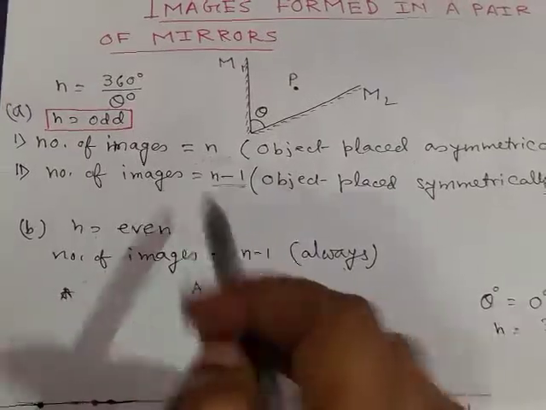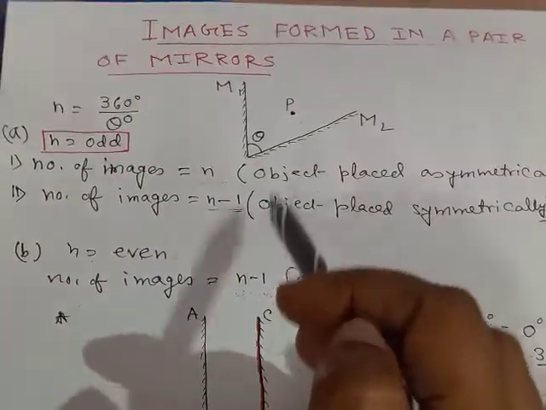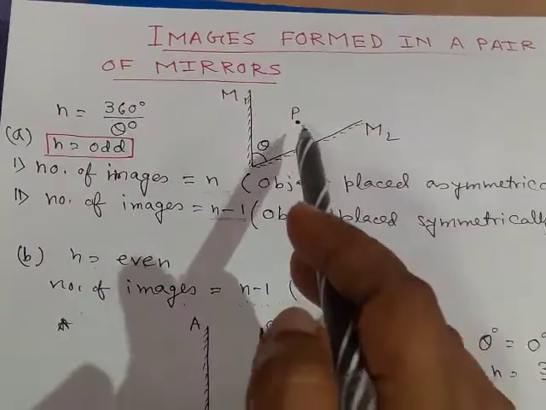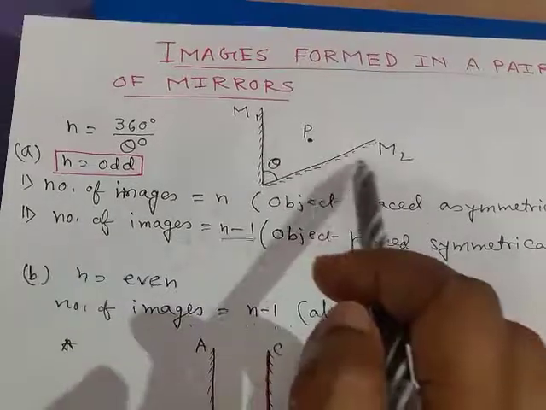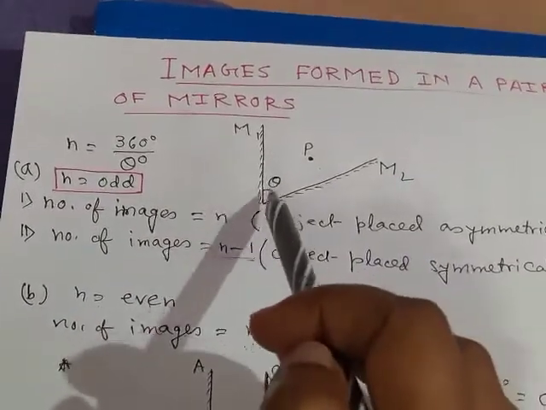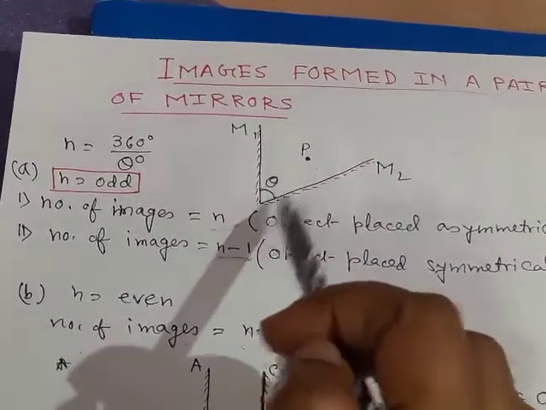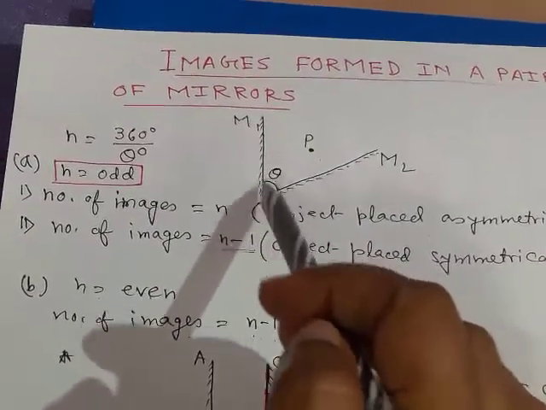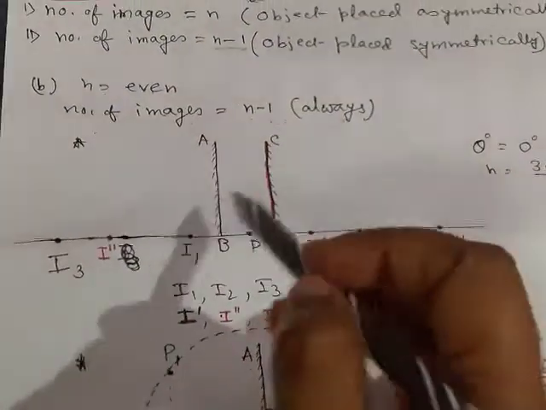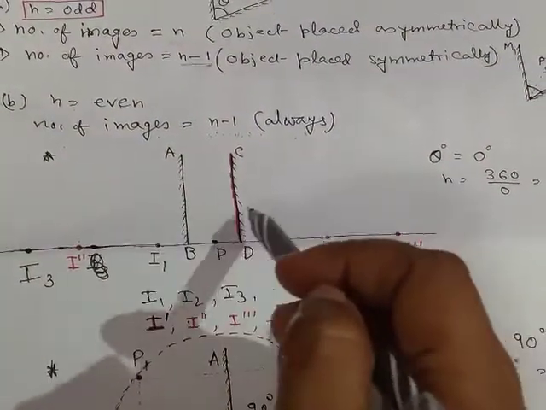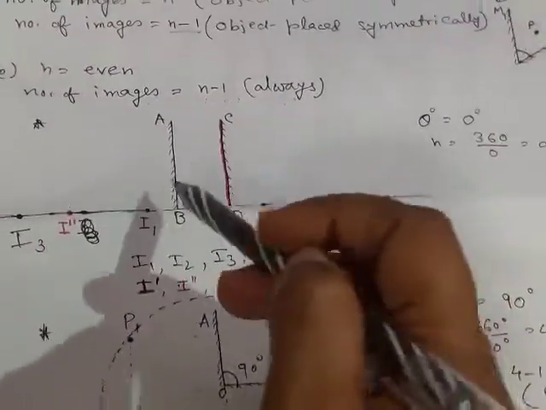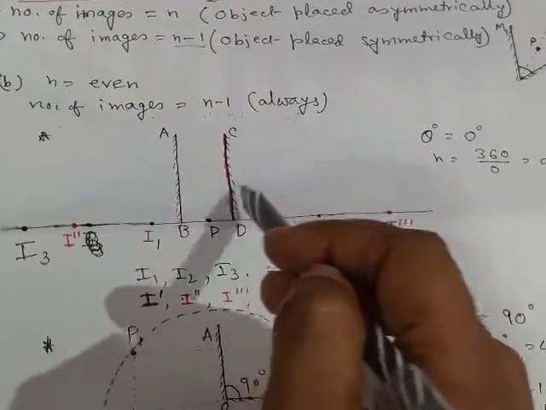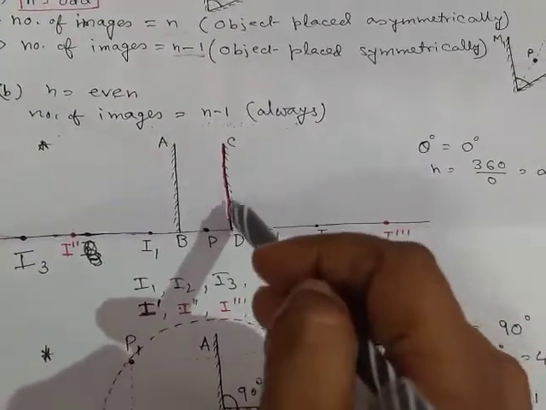So these are the two formulas. Using these two formulas you can determine the number of images formed by an object when it is placed in between two mirrors. For that you have to know the angle formed by the two mirrors, that is, you have to know the value of theta. Now two cases may arise. Here we will discuss only the two extreme cases. The first one is where the two mirrors are parallel to each other.